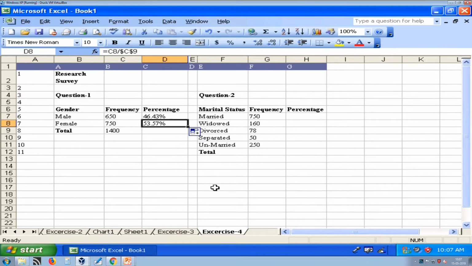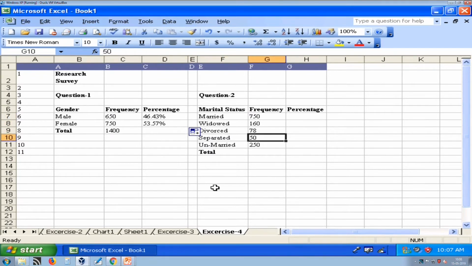Here you can see C7 and C8 are changing, but the divider value remains the same. This is known as absolute referencing. Absolute means that the value is fixed. Similarly, you can also fix the row.